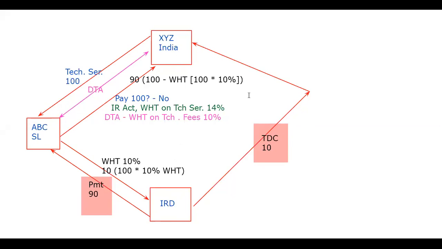The Indian company will claim that 10% paid in Sri Lanka as a credit. The source country is Sri Lanka, where they paid tax of 10. The resident country is India, and the Indian company, XYZ company, is required to pay tax